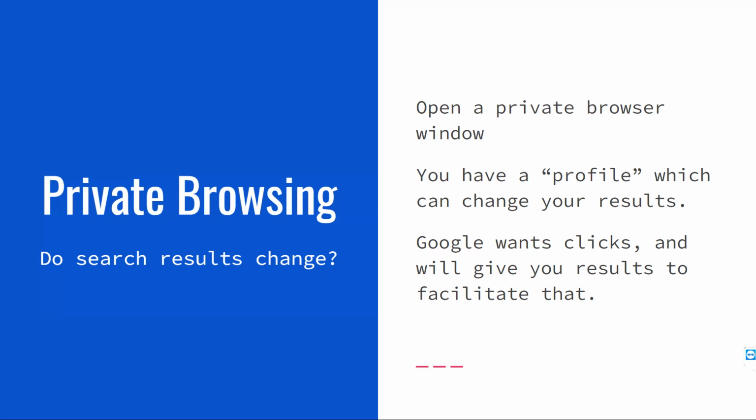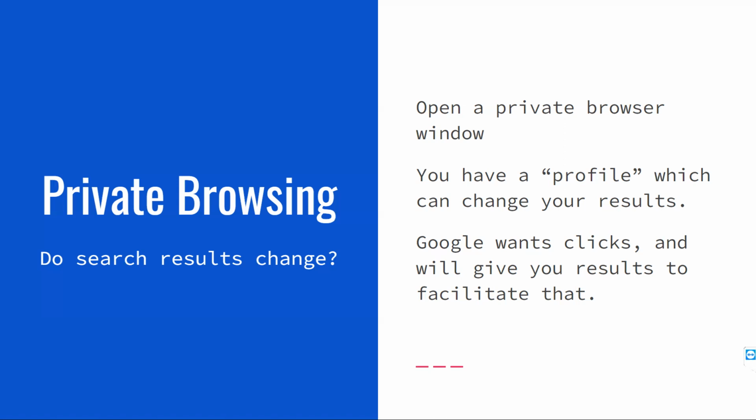And the reason for this is Google wants clicks. Any search provider wants clicks. Clicks mean money. So they have figured out what you are most likely to click on. And in general, people are most likely to click on things that will support what they want to believe. So if you really like Bernie Sanders, you're going to be more likely to click on an article that's very pro-liberal ideology and very anti-conservative ideology. And again, politics is just probably one of the bigger divides we have in the country, so it's a very easy example to use, but this happens with everything.